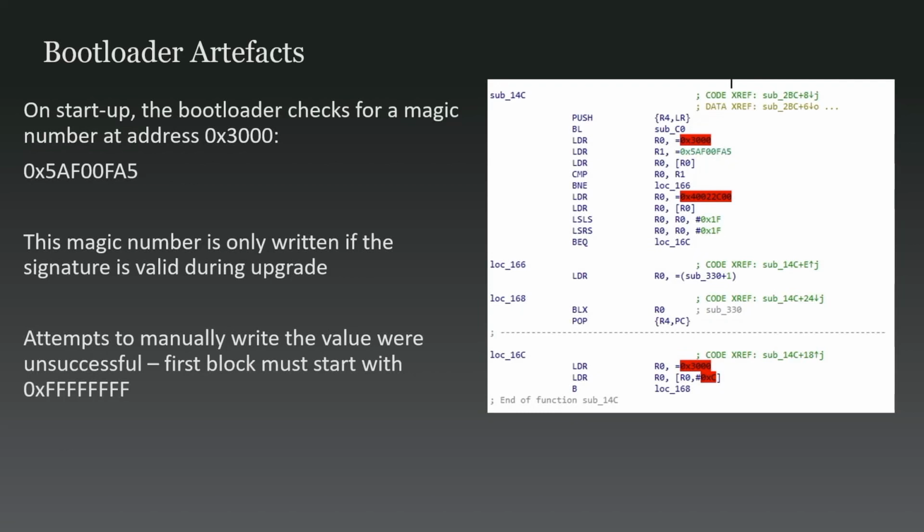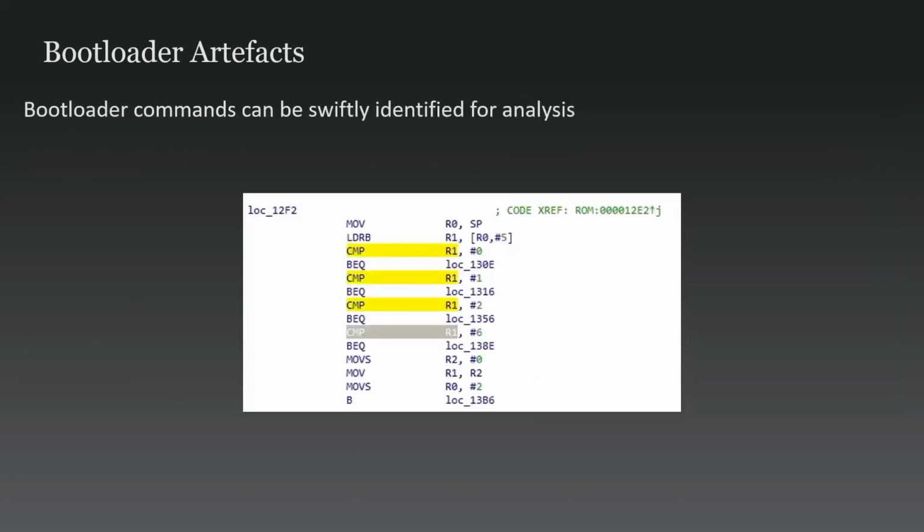I tried to stick this particular value in straight away in a completely invalid firmware and found that this didn't work, and that the bootloader checked whether the first value was always FFFF. I also found the state machine which checked which commands were being received. So we have 0, 1, 2, and 6, which were the commands that were available at the start of the firmware update process. And I could look through to see that there were no other commands that were in use